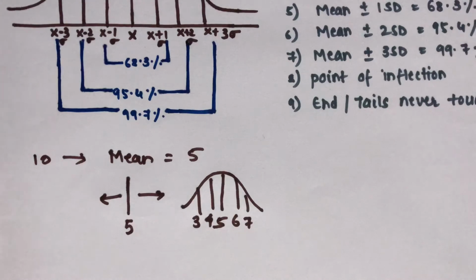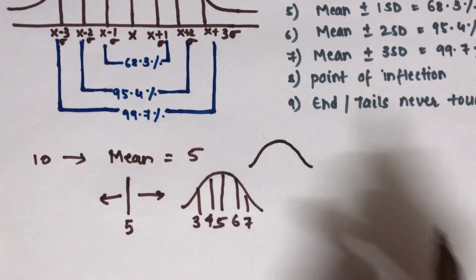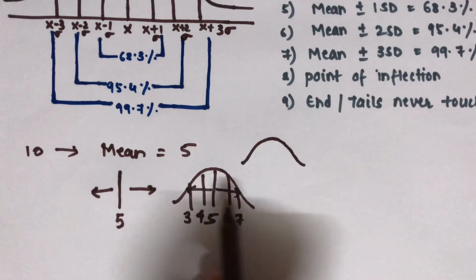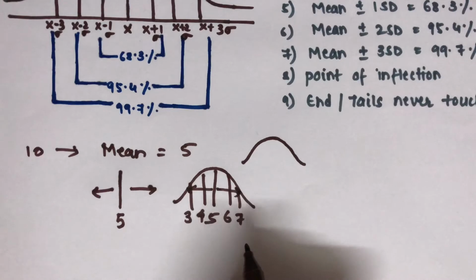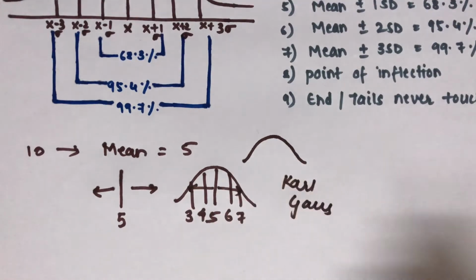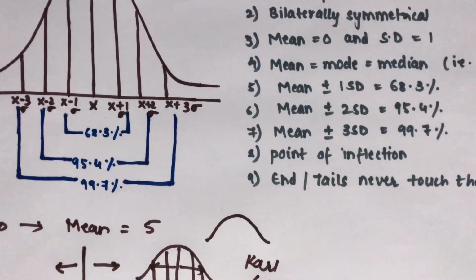When the data is collected from a very large number of people and the frequency distribution is made, the resultant curve is smooth and symmetrical. The limits seen on either side of your mean are known as confidence limits. This curve is also known as the Gaussian curve because it was given by Carl Gauss, who was a mathematician. Now the most important part is the features of this curve.